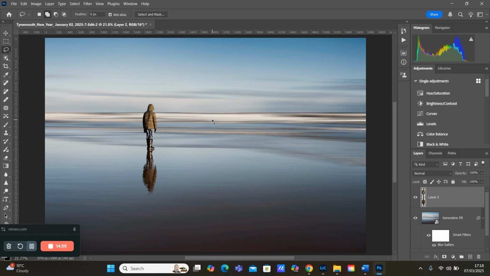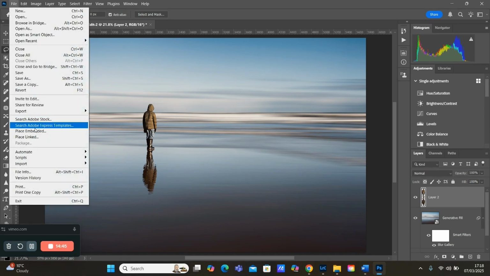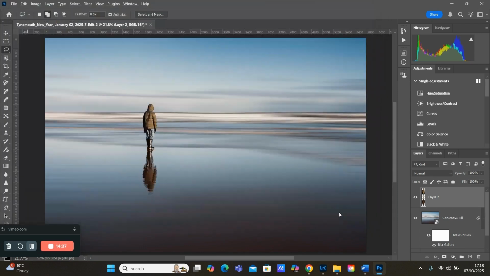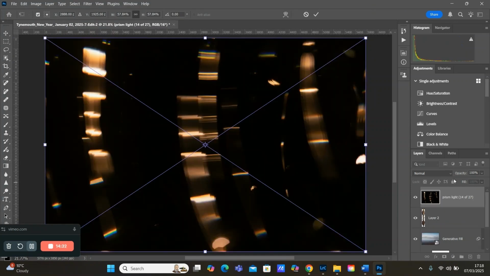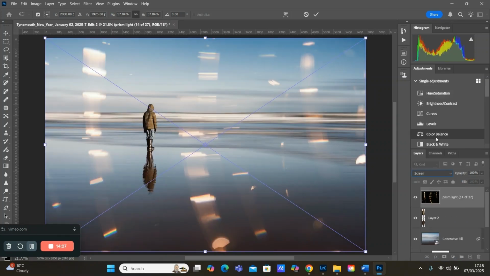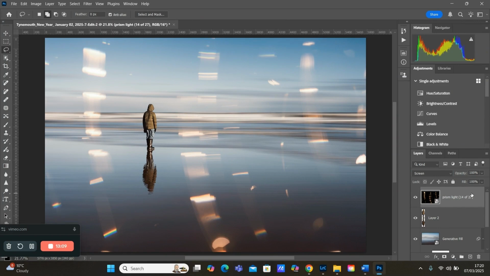Now at this stage, you could leave it like this and save and go back to Lightroom, or we could add an overlay, get a bit more creative. So I've got some light overlays I've made over the years. So I'm going to click on File, Place Embedded. Let's go for something like this, see what that does. Click Place. Once the new layer is in, I'm going to change it from normal to screen mode and click Enter. So right click on the layer, convert to Smart Object,